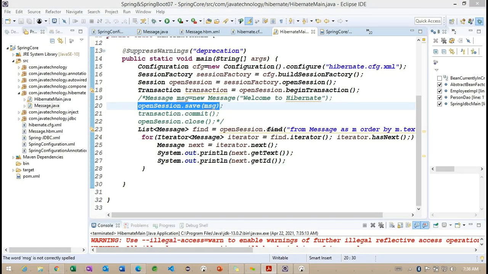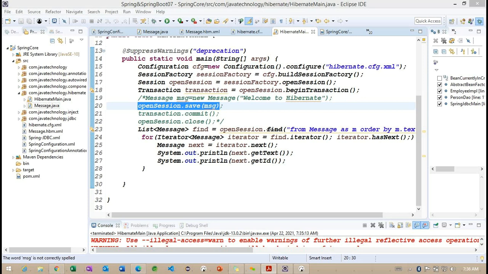Right. So basically, what I want to explain here: whenever we are not using any ORM tool, like Hibernate, we work more with SQL statements. As I explained in the last class, Hibernate is one of the ORM tools.